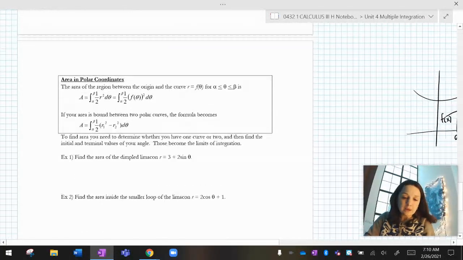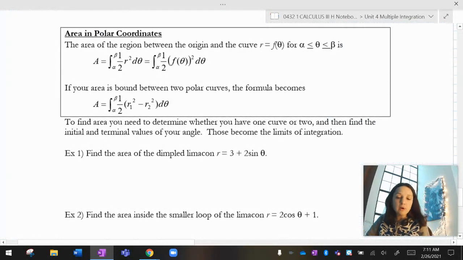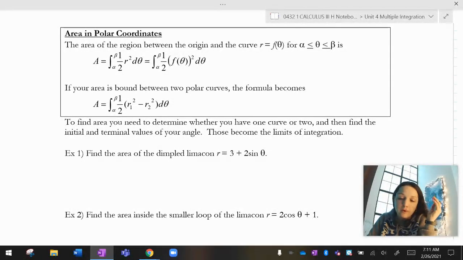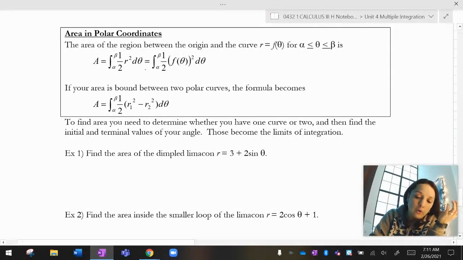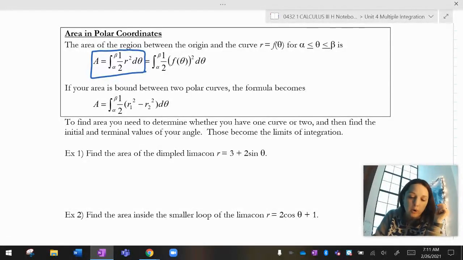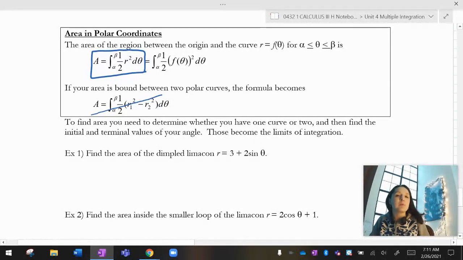So let me go back to here and we say, all right, the area of the region between the origin and the curve, r equals f of theta, for thetas between alpha and beta, is 1/2 r squared d theta. Cool. If your area is bound between two polar curves, you can do 1/2 outer radius squared minus inner radius squared. But I gotta be honest, even though this is technically true, I don't often think about it that way